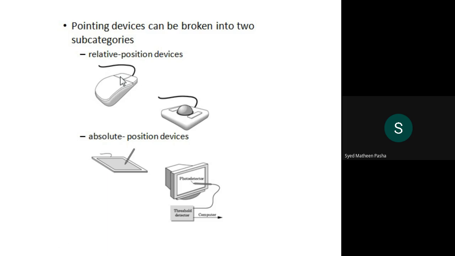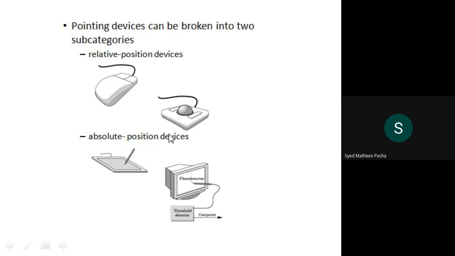Has anyone from the class seen a joystick, or the physical representation of a joystick? No. Okay. A joystick is basically just like a lever which is used to move an image or movement in several directions on the display screen. Similar to a mouse, the working of a joystick is also similar.